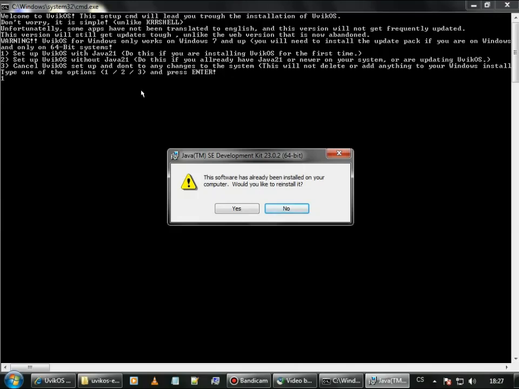And if that window doesn't come up and it just continues with typing jumbled letters here, that means your computer is a 32-bit system and it is not compatible with the Java installation I have put into UvikOS. This is easily fixable by downloading a 32-bit installation of Java, and the Java has to be JDK, so it's Java Development Kit, and then in the C colon